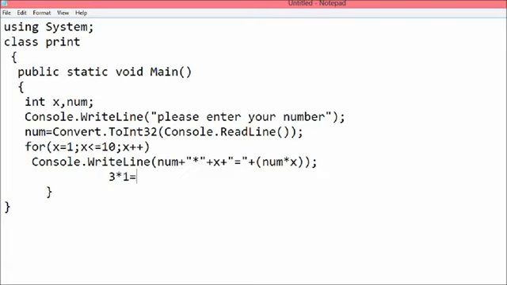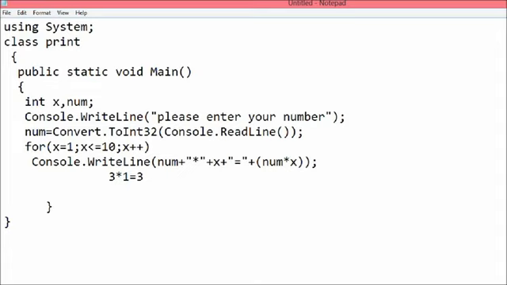After that, num multiplied by x, means num multiplied by x, that is the number entered by the user and the number present in the loop. The number entered by the user is 3 and the number present in the loop is 1.